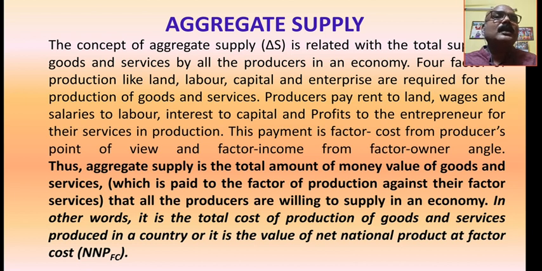And mainly they are classified into 4. One is rent, one is wages, and third one is interest, and fourth one is profit. So these are the factor cost from the producer point of view. अगर producer देखेंगे उनके लिए cost of production है. So these are called as the factor cost, means cost which is incurred for the factor of production. So these are treated as the factor cost from the producer point of view.